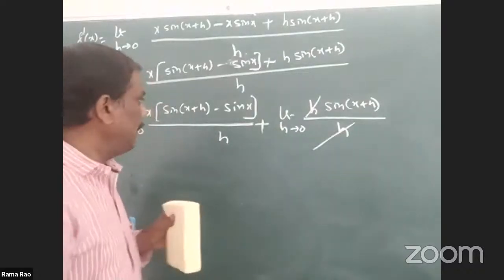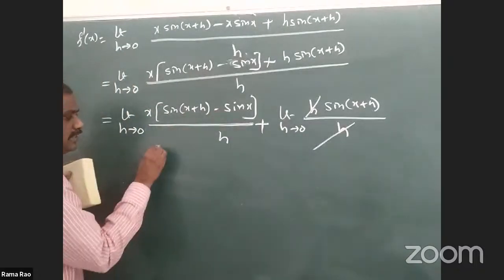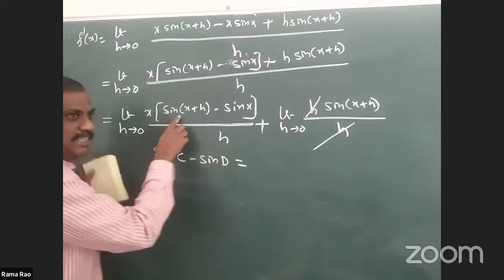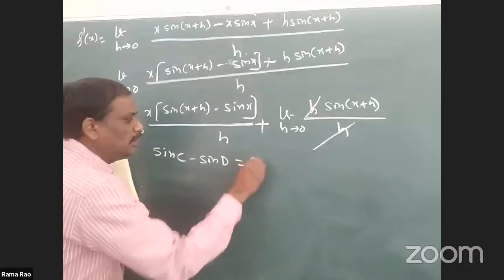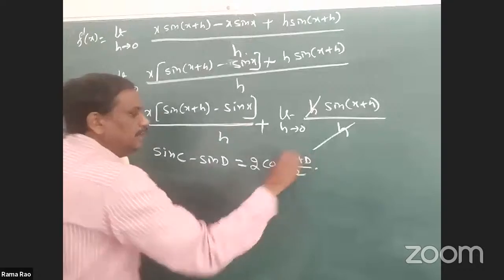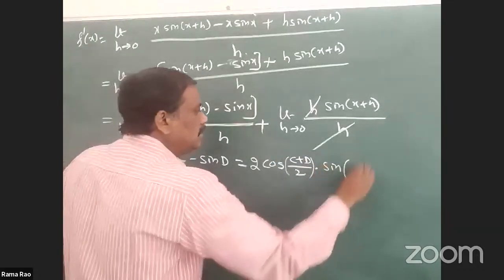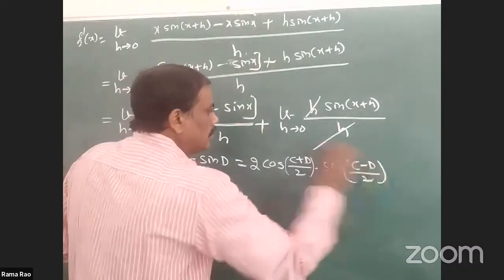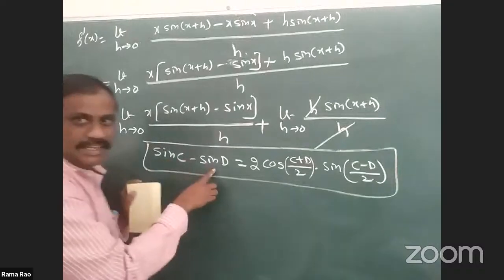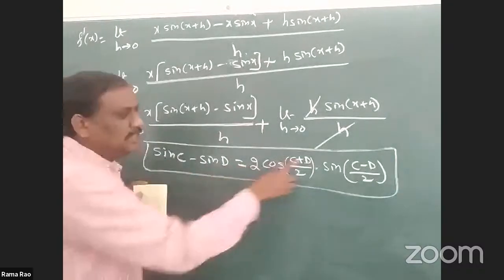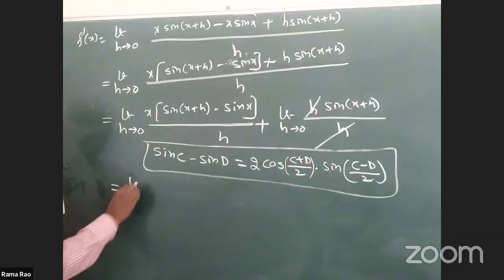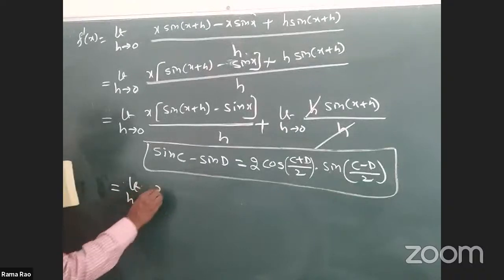Now I am clear. Now this is in the form of sin C minus sin D. We know the formula: sin C minus sin D is equal to 2 cos of C plus D by 2 into sin of C minus D by 2. Now you can write limit h tends to 0, x into